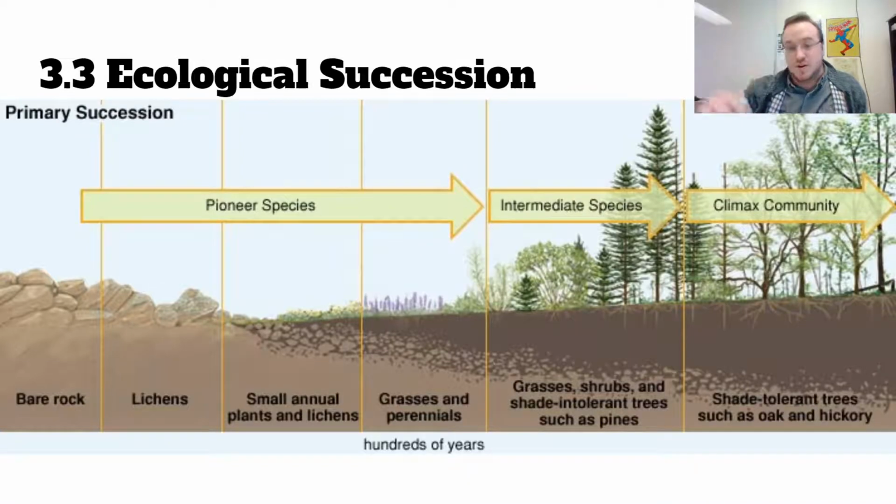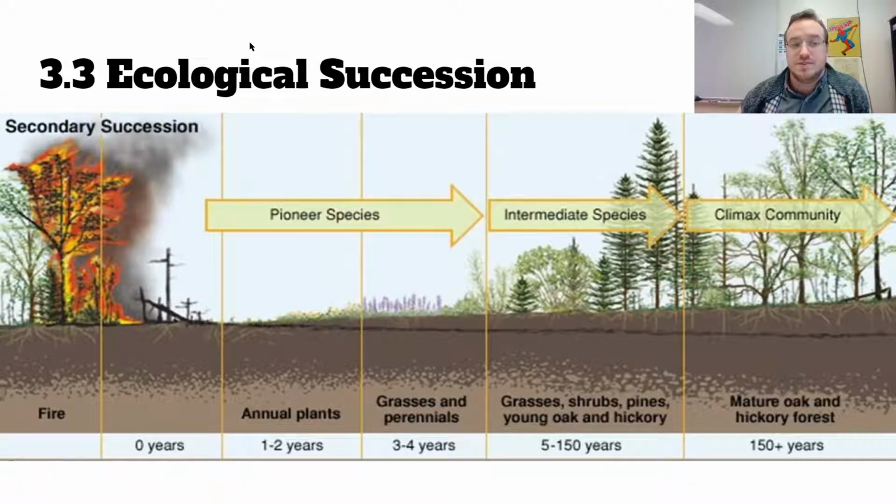Right? So say we have all this happen, and then a really, really big fire comes through, like the ones that California and much of the West has been experiencing this year. And I'm sure if we continue to watch this video year after year, that will continue to happen based on some trends that are going on. Then we're going to have something called secondary succession. Now, secondary succession means that there's already dirt that's been made and kind of acts as a foundation for other things to grow in. All right. So after primary succession has already occurred, then we can have secondary succession.